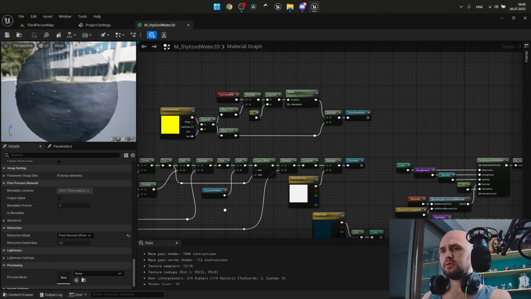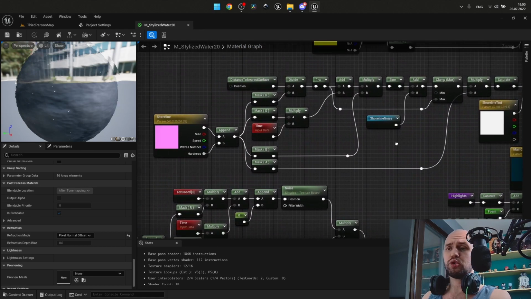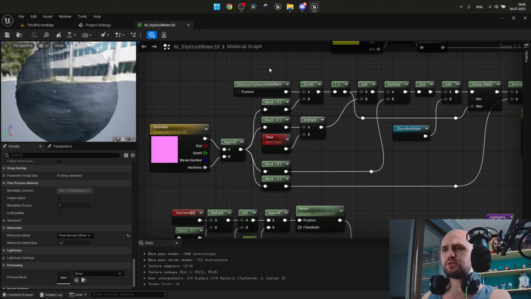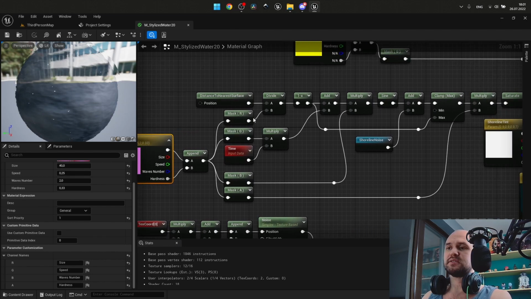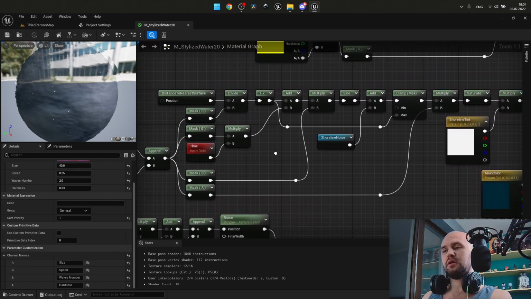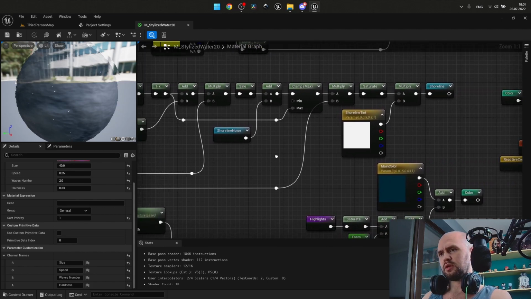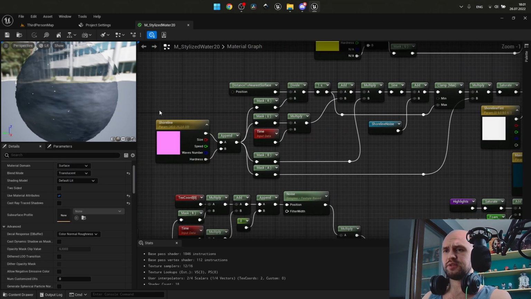Next, let's talk about the shoreline first. We need to have distance to nearest surface divided by the attributes. My vector 4 nodes here have the custom names for each channel: size, speed, waves number, hardness, and I pen RGB with the alpha, so I can extract each channel and use it to have more control over the whole logic here. So I do the same